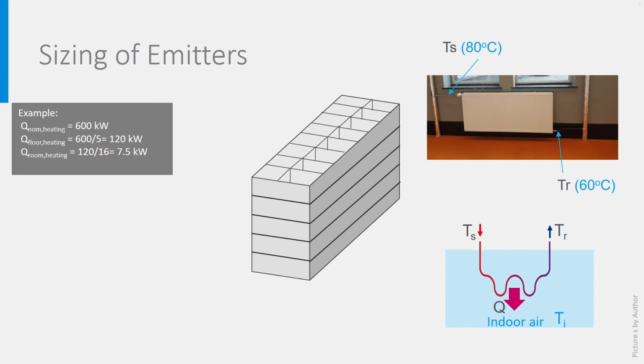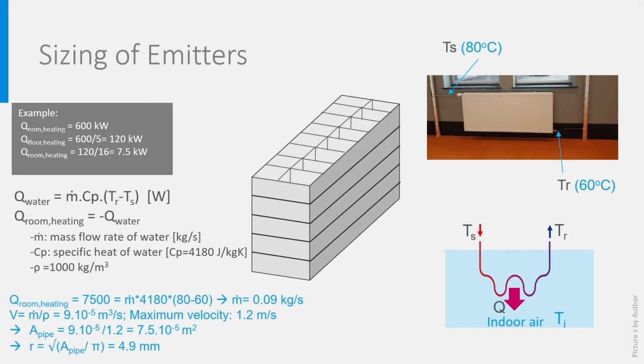This radiator is nothing else than a heat exchanger, exchanging the heat contained in the hot supply water to the room air Ti, which is therefore heated, while the water is cooled down to Tr. The water in the radiator loses mCp (Tr minus Ts), which is given to the indoor air. So, the heat delivered by the water in the radiator is Q = mCp times the temperature difference between the water coming into the radiator at the supply side, Ts, and the water leaving the radiator at the return side, Tr.